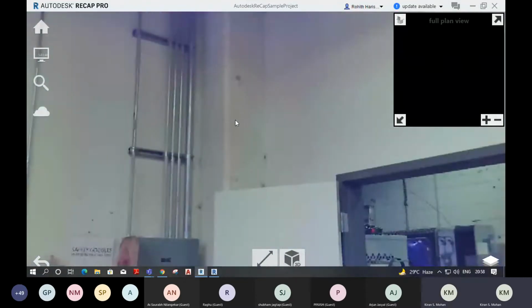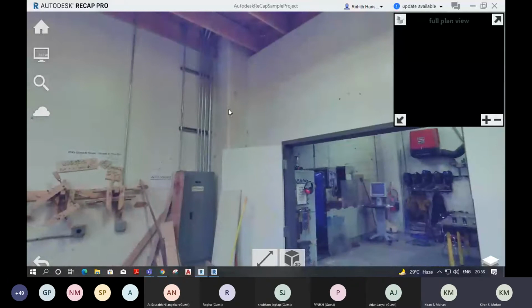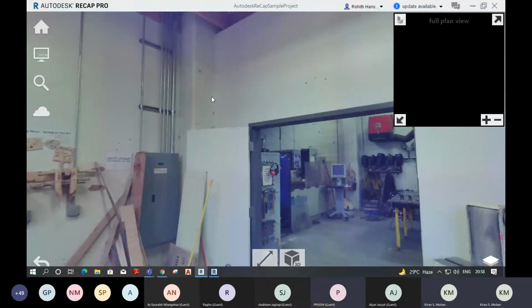And remember one more thing: by using this laser scanner, you will only get the surface data. You cannot penetrate any element by using this scanner. You will get only the surface dimensions of this column. You will not get the dimensions of the other side, or the exact thickness of this element. If you want the entire dimension, then you have to take a scan outside the building also. Then only you will get the other side. Otherwise, you will not understand the thickness of the walls and all.